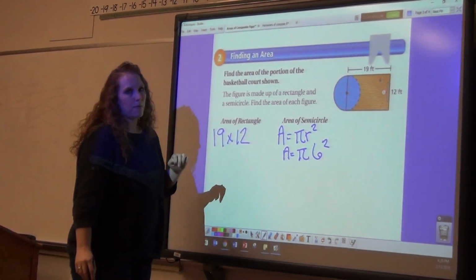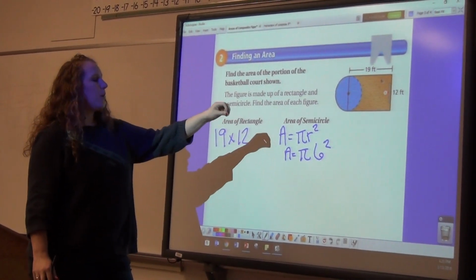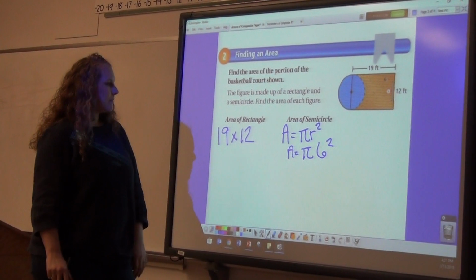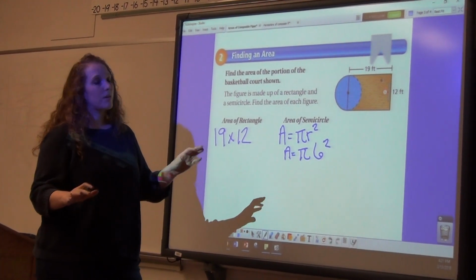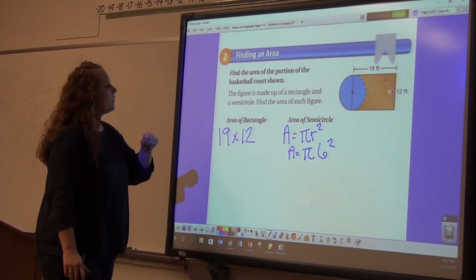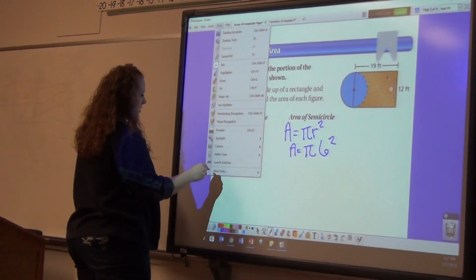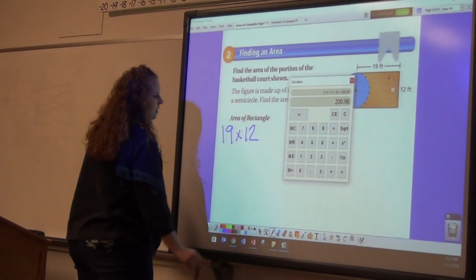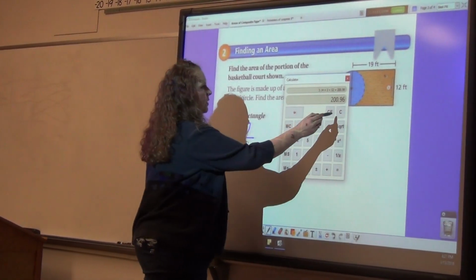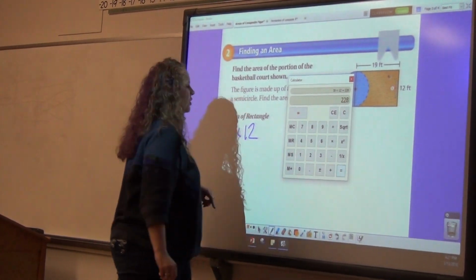This is really important. Remember when we talked about circles, we had to square the radius before we multiply by pi. You don't want to square them both. It'll mess you up. We had some of you that were going to square both of those. Okay, so let's pull out our calculator. We've got 19 times 12, which equals